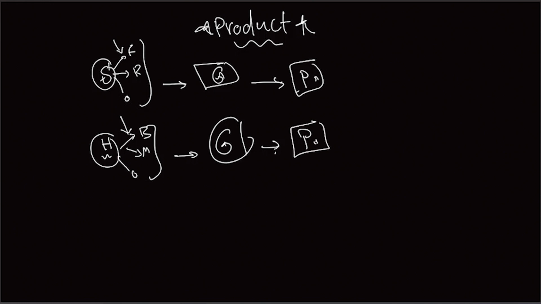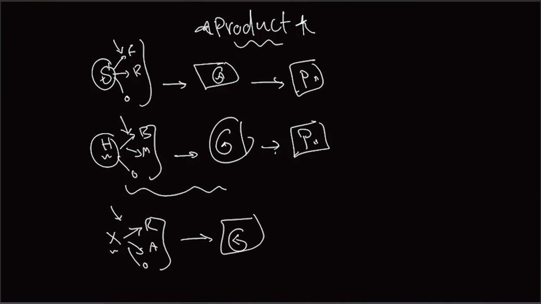So we saw a product of a university student, a product of a house owner. That might be a little bit generic. Let me be much more technical. Imagine you have a company X, right? And they are interested in releasing a certain product, maybe a physical or a digital product. Once again, the team will come together to find out what the requirements of the product are, what the arrangement of the product is, and some other information, all of which will be what they have at hand. And then again, they will put that into a certain black box. And finally, here we go. We have a new product that is released to the market.